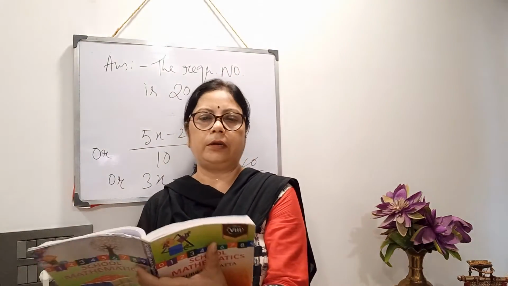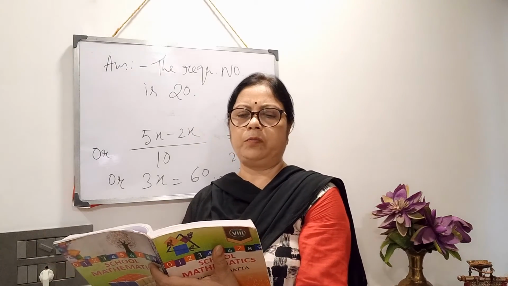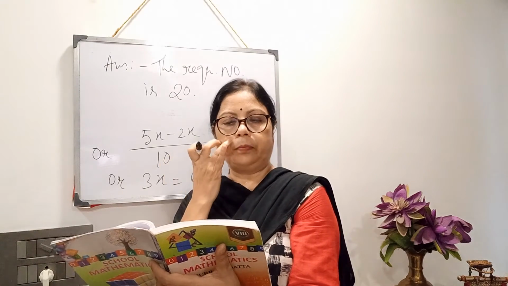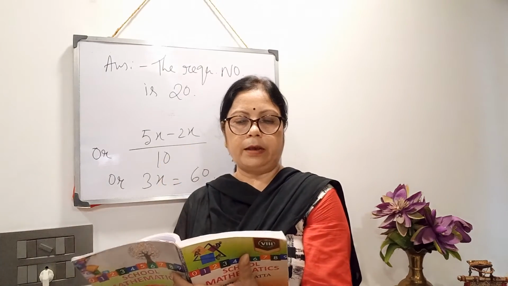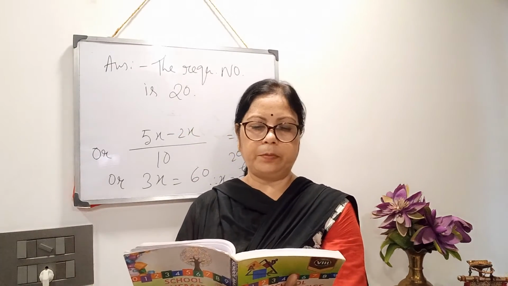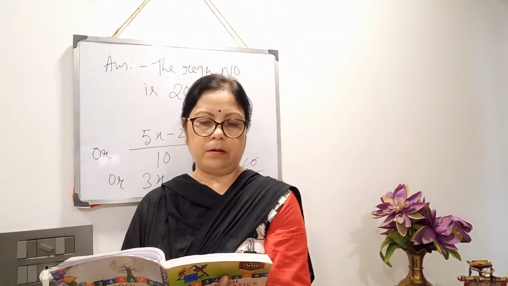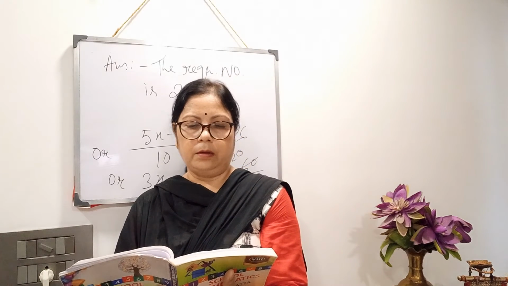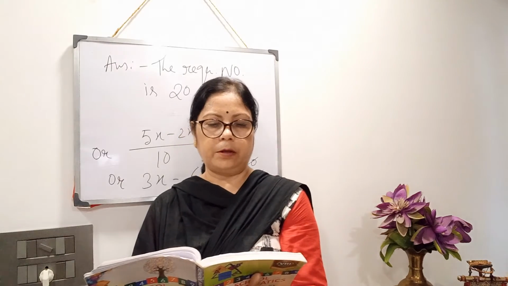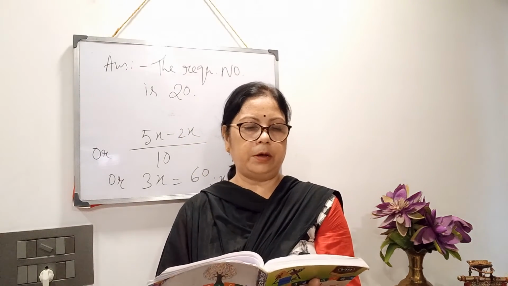Number 33. I think I have done 1/5 of a stick. Yes, I have done it. Now I will do some age related sum. Sum number 36. The present age of the father is 7 times that of the son. Okay. After 10 years, age of father will be 3 times of the son. Find the present age of the son.